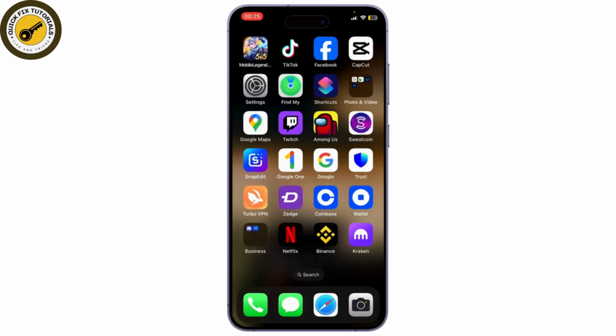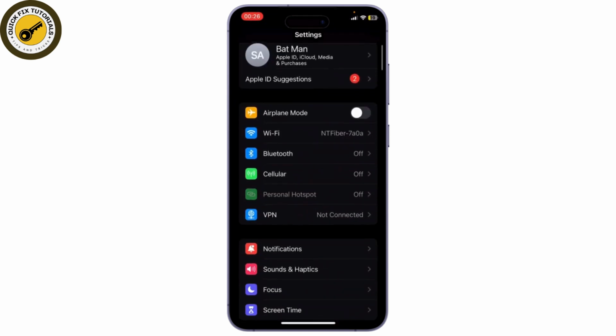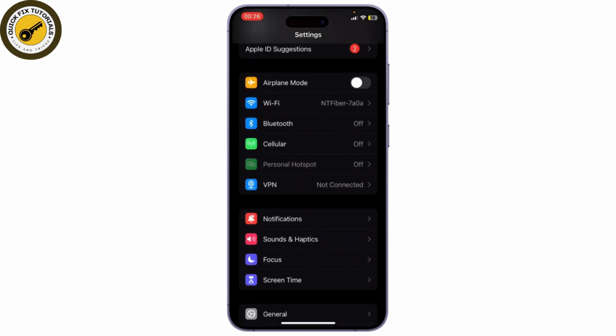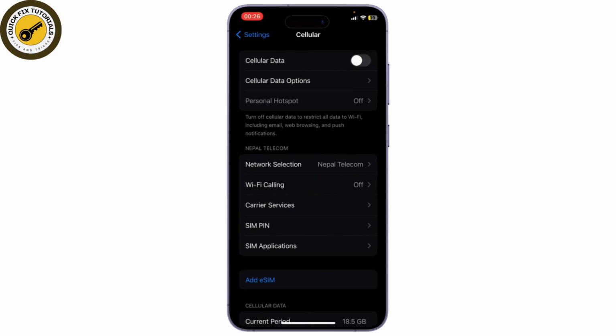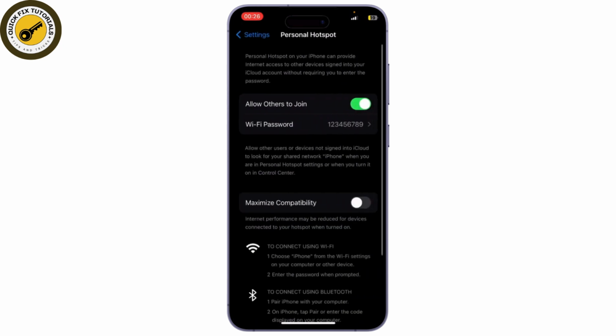Now, let us begin. So the first step is go to your settings, and when you're on your settings, just scroll down and there you will see your personal hotspot option. Now your personal hotspot only works when you've turned on your cellular data, so make sure that you turn it on. After you turn your cellular data on, you can go to your personal hotspot option, and after you're there,